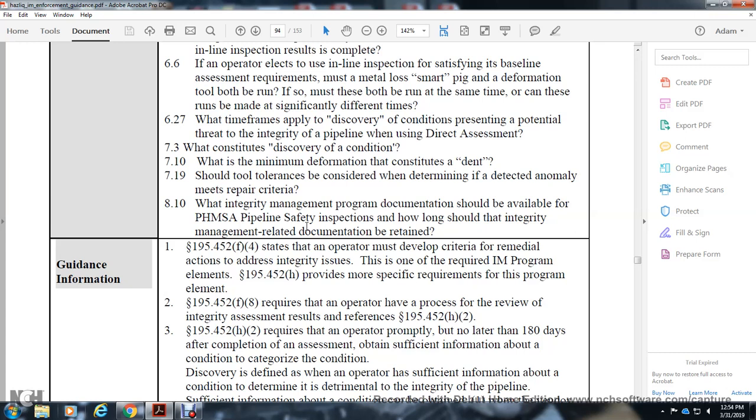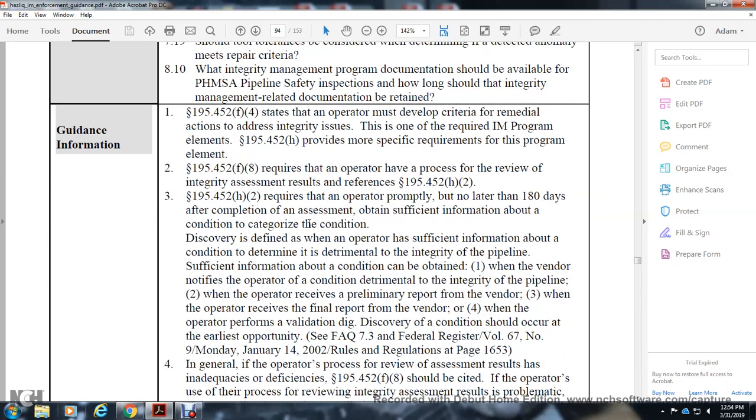195.452(f)(3): the operator should develop the criteria for remedial action and interrupt the integrity of the issue. With the integrity management program element 195.452(h)(5), the more specific requirement of the program element, and 195.452(f)(8), the requirement of the operator to have a process for the review of the integrity assessment result, with the reference of 195.452(h)(2), with the requirement of the operator promptly, no